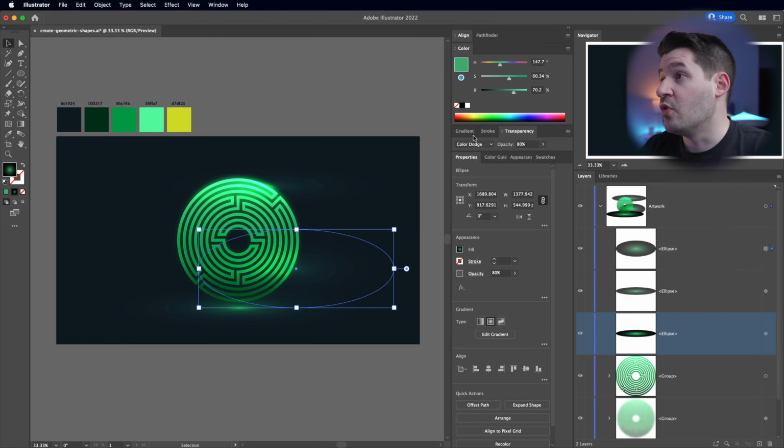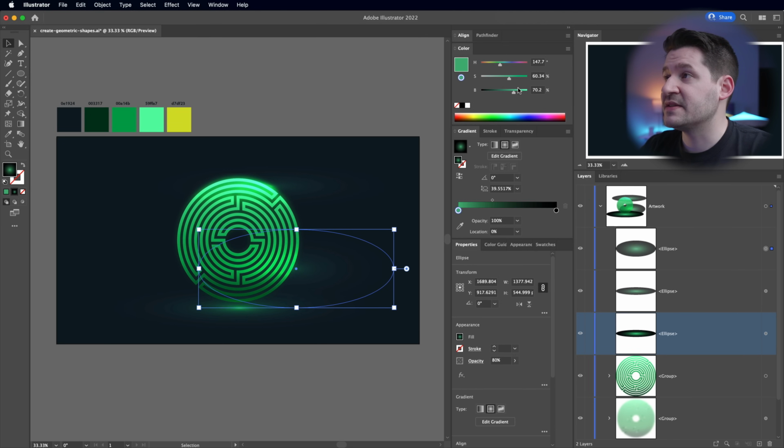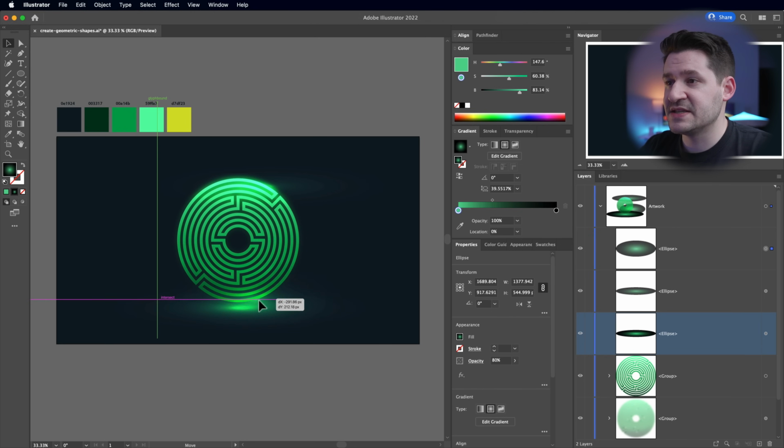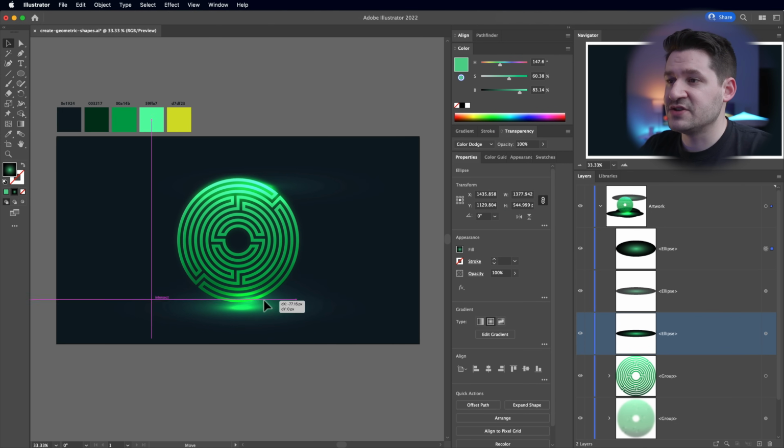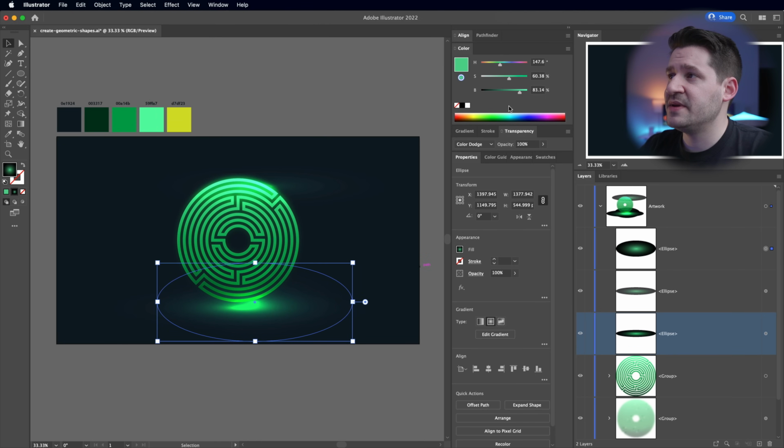Can make it appear more or less metallic, right? We could brighten this up here. Something like that, have that come off. Or what does it look like? Would it begin to kind of interact with our shape on the ground? That's kind of interesting. The opacity probably needs to be put to 100 to have that really do what we're thinking. But maybe that's just too much, right? You know what I mean? Maybe it's just too much. We need to reduce the brightness a little bit, kind of control things a touch. Something like that. 1 or 2% does an incredible amount when it comes to color dodge here in Illustrator